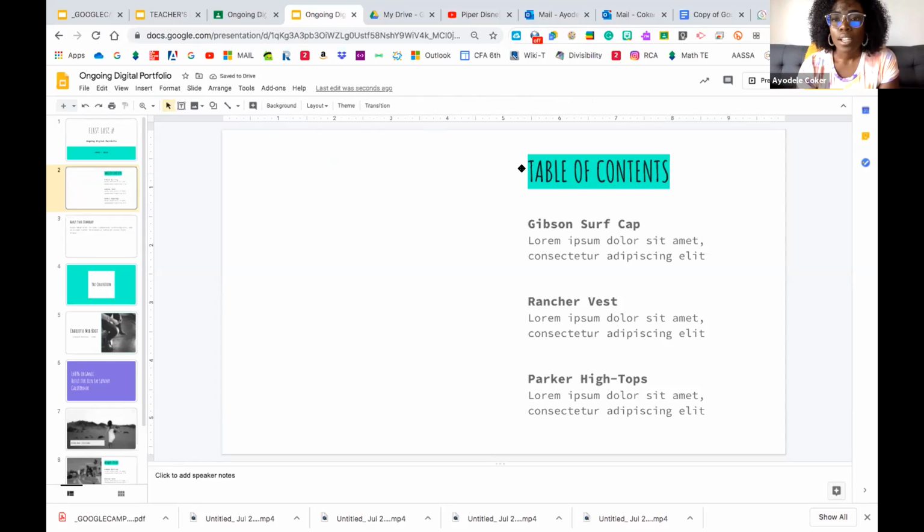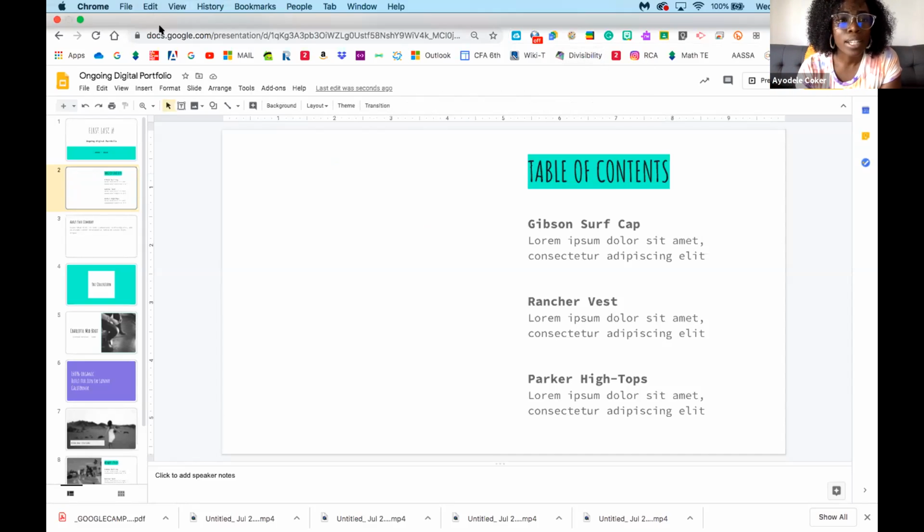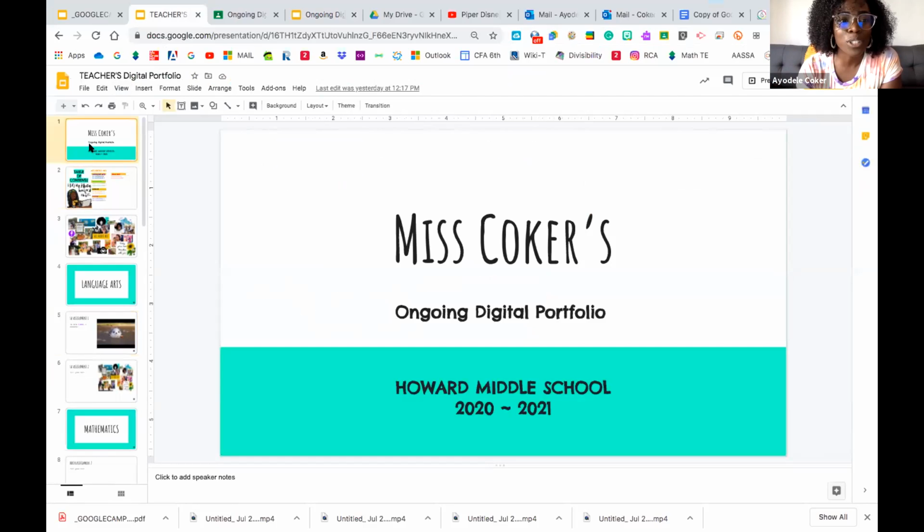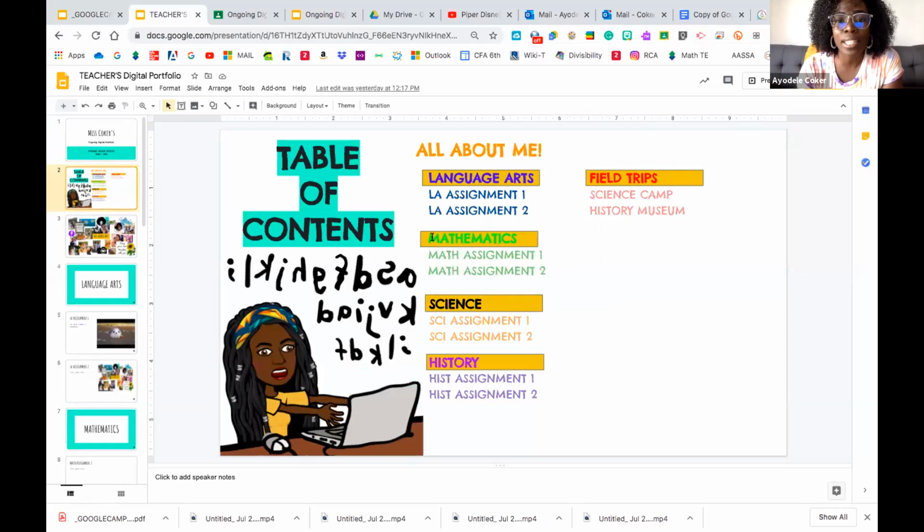Now, for, you know, slightly older kids, or maybe not, maybe the kinders and the firsties know how to access, you know, different pictures of themselves or whatnot. But you can add in as much or as little pictures or designs as you want. Okay, I guess I should show you my digital portfolio first. So this is my sample digital portfolio from the teacher, and here's my sample table of contents, okay? So this is kind of what we're trying to achieve here, okay?